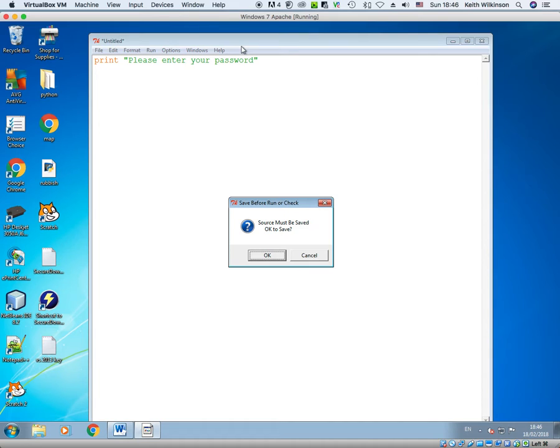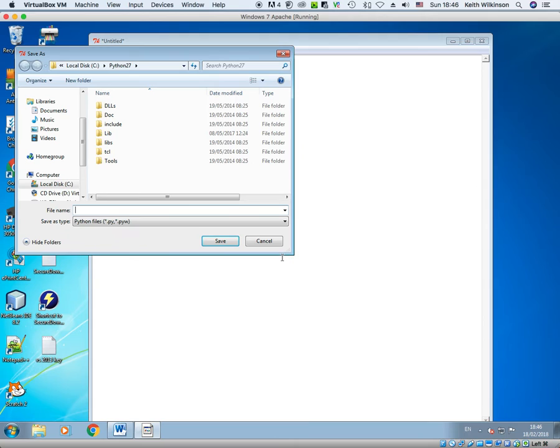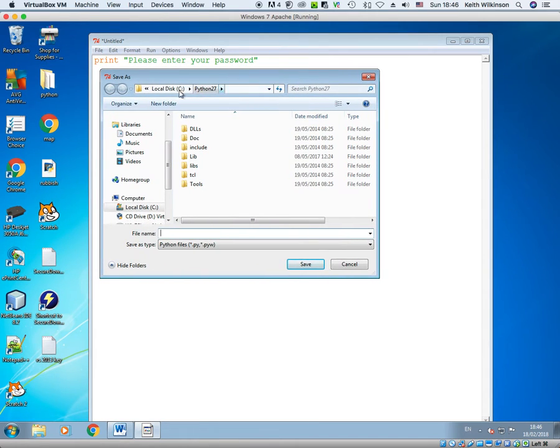save my work. You need to listen carefully now, otherwise you could end up with a computer which will not run Python at all, and you'll be stuck for the rest of the term. So we click OK, and it always pops up with this folder, local disk Python 27 or whatever it is on the school computer, but you will see these folders: dlls, doc, include, lib, libs, tcl and tools. Do not save your file in this location. If you do, you will run the risk of not being able to use Python for the rest of the term, as I said. What you need to do is go to your own area, your user drive N, which